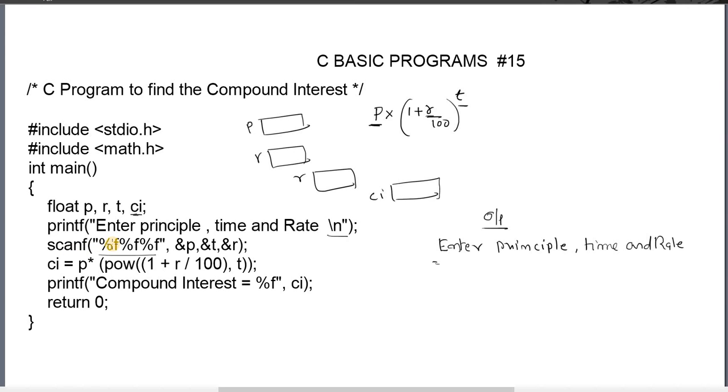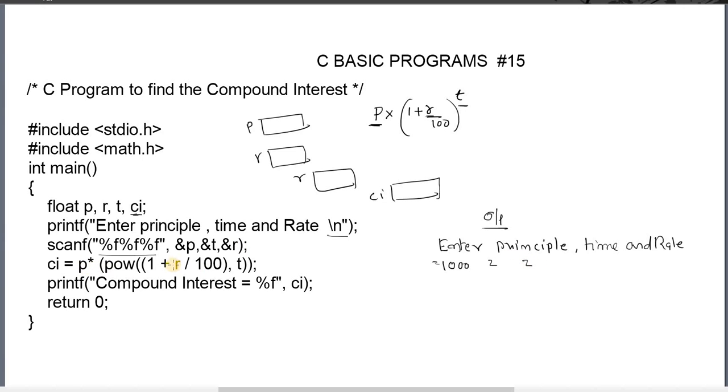Here %f is there. It is a specifier for float. It will take 3 float values now. When the statement is run, this function will wait for input. At that time we have to give some values here. Our principal amount, our main amount, is 1000 rupees, the second is time, 2 years, and R is the rate of interest, 2 rupees per 100.